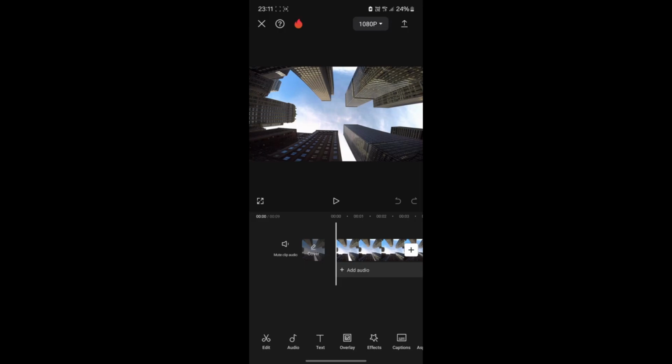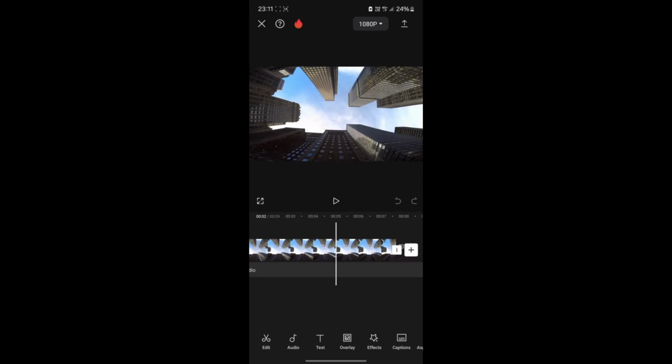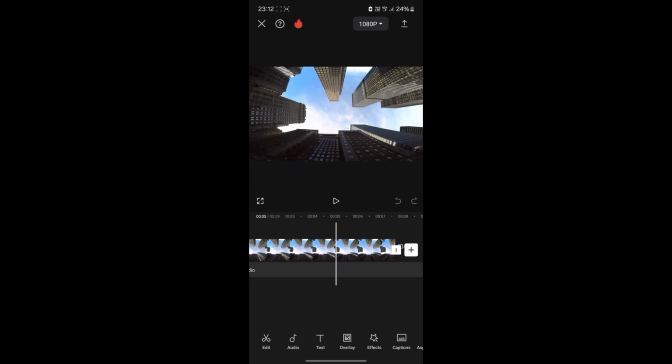CapCut can be helpful in most cases, but sometimes it simply doesn't work, as you can see. Just close it completely and then open it again, as you can see here. It can often freeze during request submission, so be patient and try again. You can simply restart your device. If it still didn't work, and in your video there are many various issues, let's explore how to effectively resolve